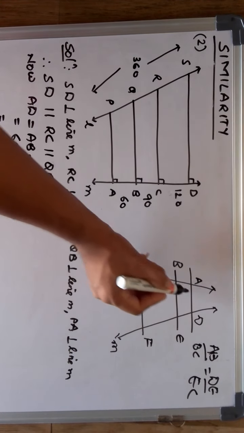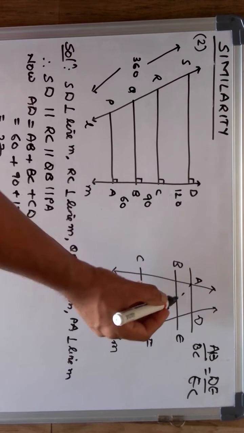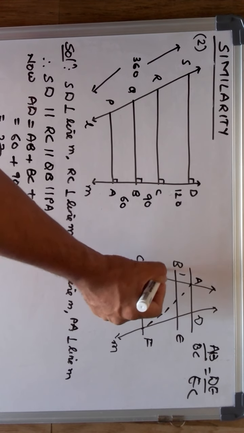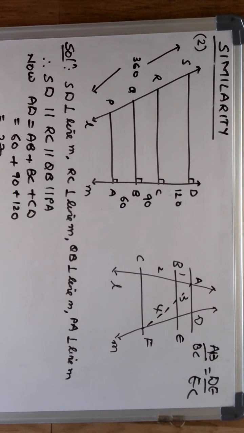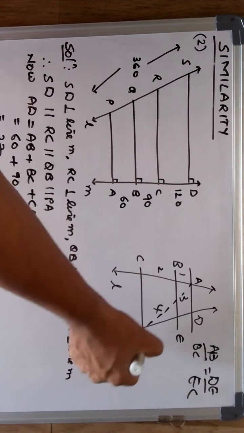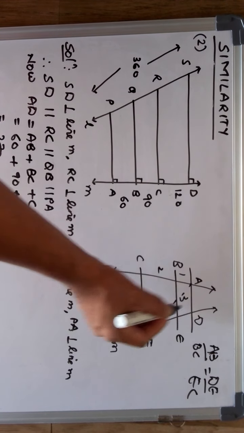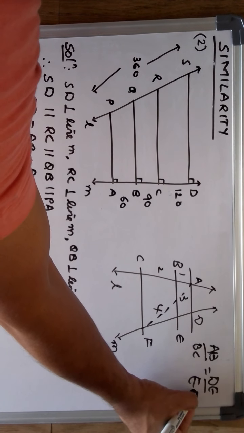The proof is quite simple. You just have to join this, which I am not drawing. So you get a triangle. Agreed? This line is parallel to this, so this ratio of 1 to 2 is equal to 3 to 4. Same for that side, this triangle. This line is parallel to this, so by the basic proportionality theorem, 3 to 4 is equal to this, that is BD is to DC, DE is to EF. Okay? DE is to EF, it is here.